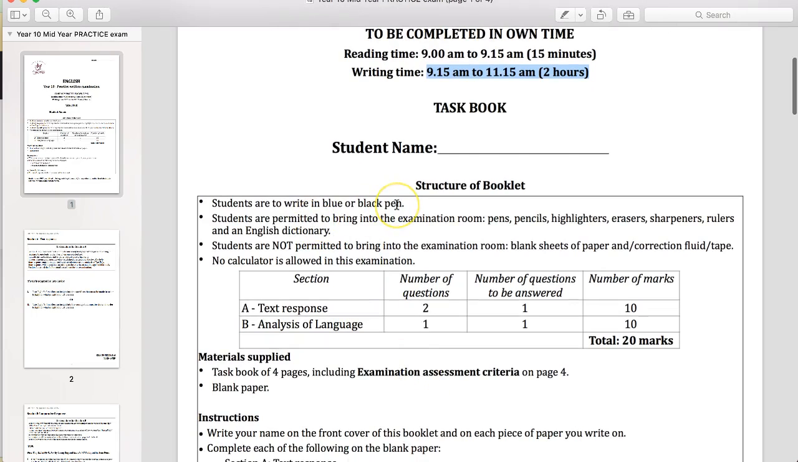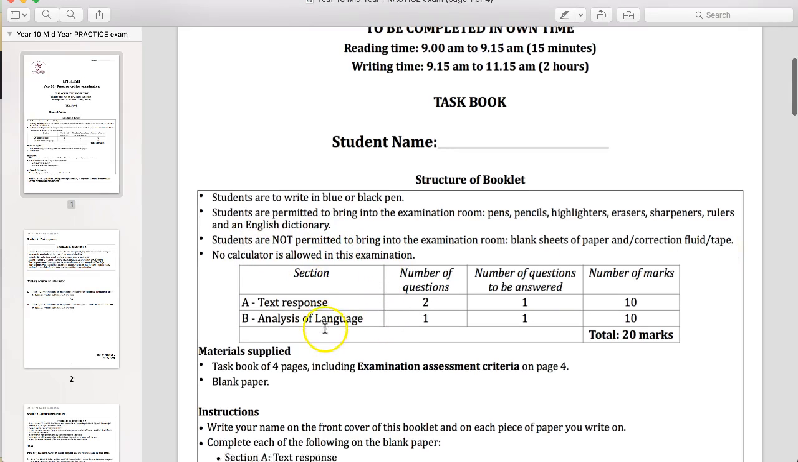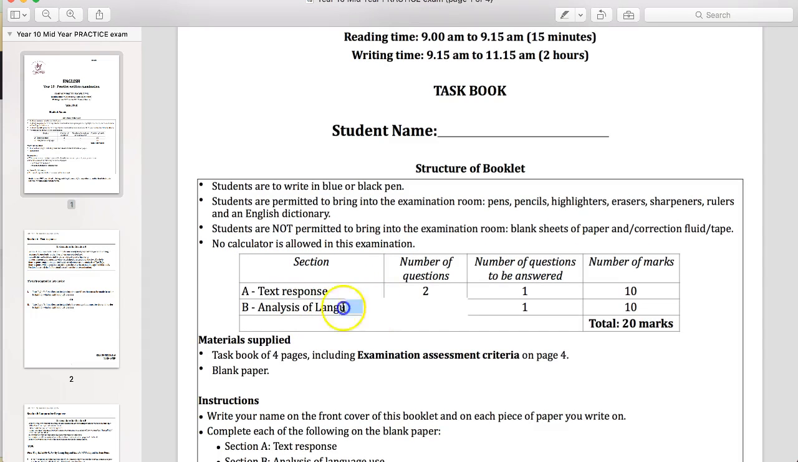You are to write in blue or black pen. You are permitted to bring into the examination room pens, pencils, highlighters, erasers, sharpeners, rulers, and an English dictionary. I'd highly recommend you bring one of these. You are not permitted to bring in blank paper, whiteout, or any other correction fluid or tape. No calculators also. There are two parts, a text response, and this should say